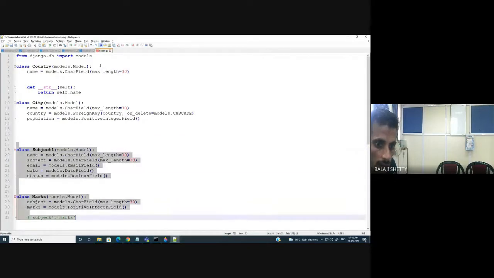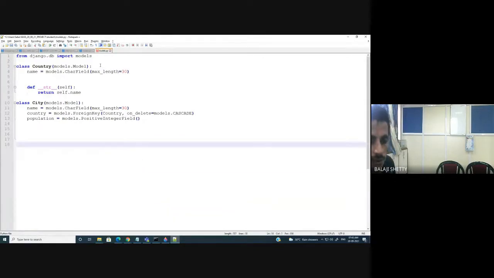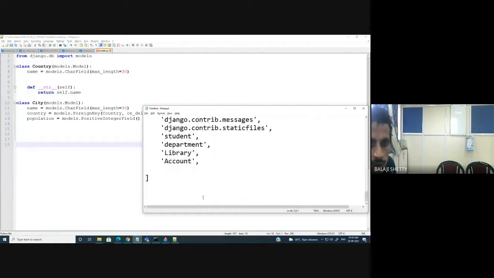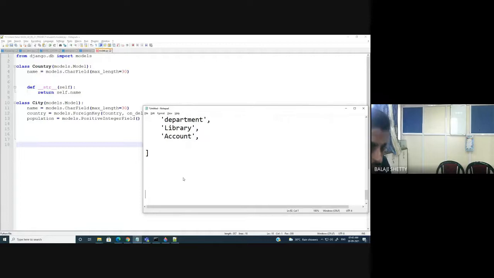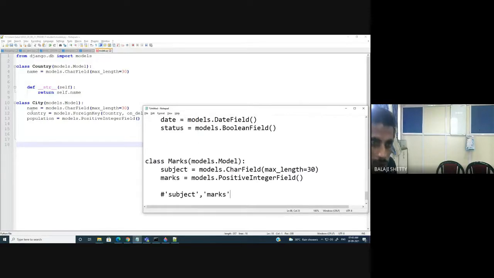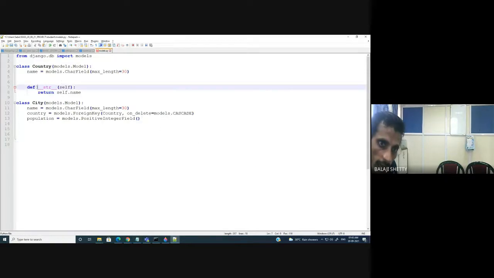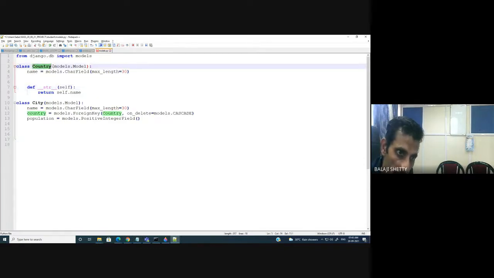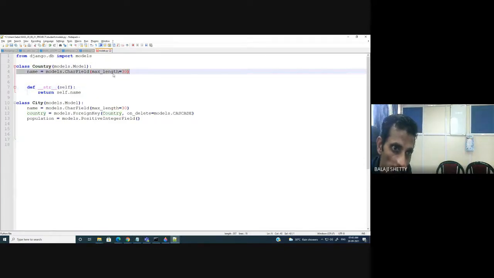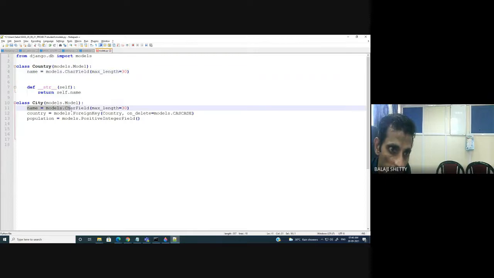Okay, that's it. Then my next step. So here I have created one table of name country, country name, and this country acts as a foreign key here.